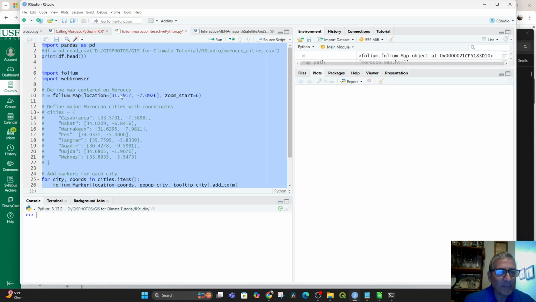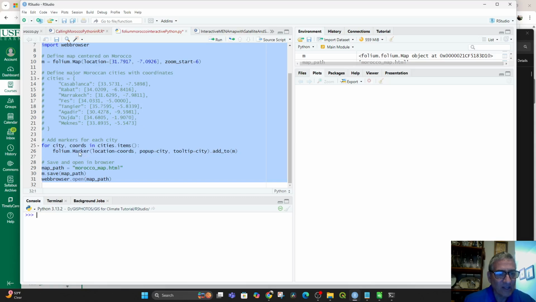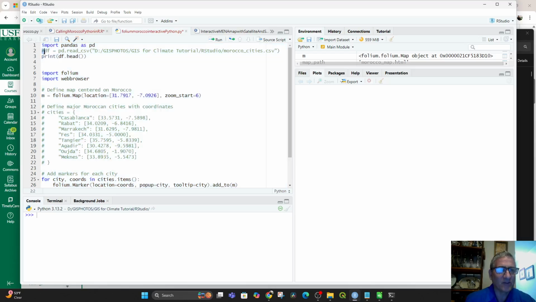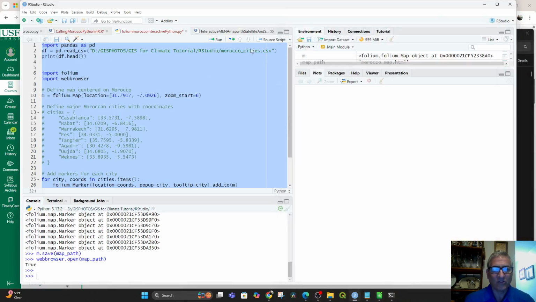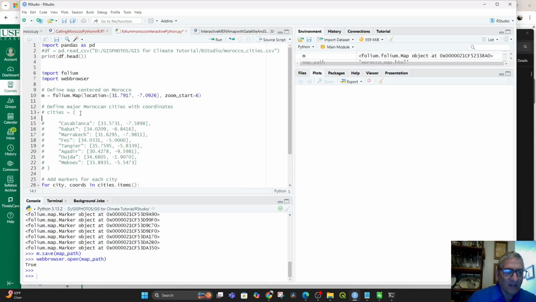Let's see, define map, center of Morocco. Now it shouldn't have any of this in here, but it may be that I have to start a new session, because you should be able to either define the map by this and then run it, which it does, it works, or you should be able to not use a CSV and just go off of defining the major cities with coordinates. And I guess the only way to check if this is different is if I put in another city here and I say, for example,